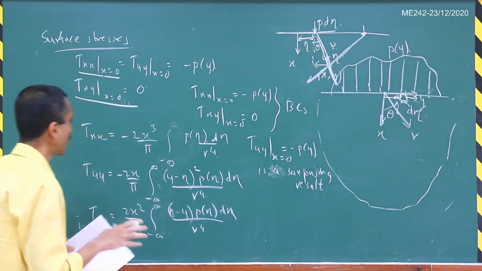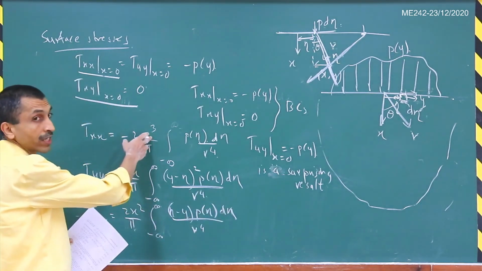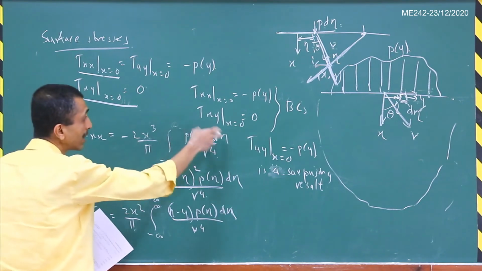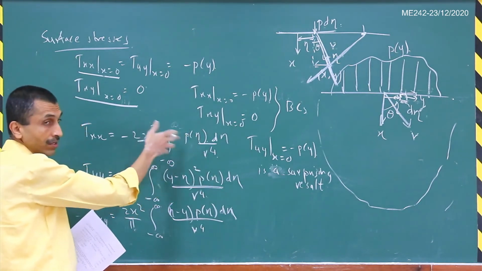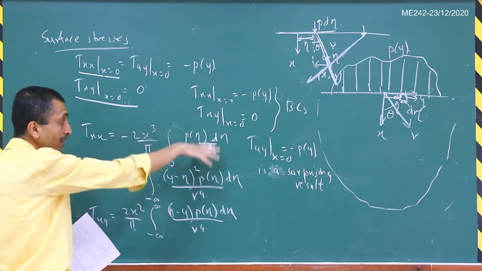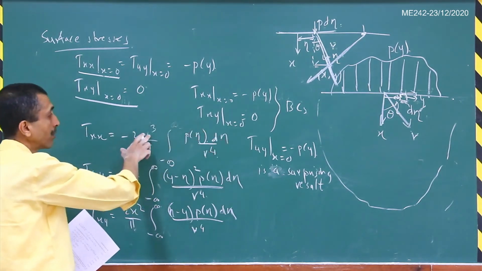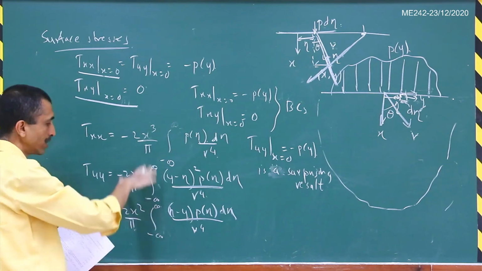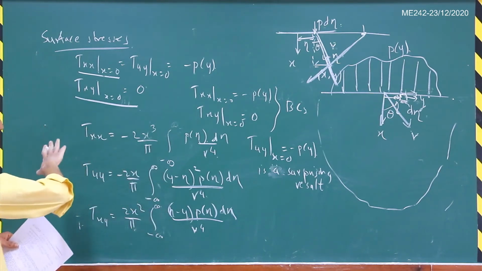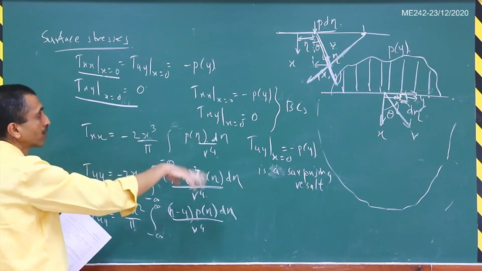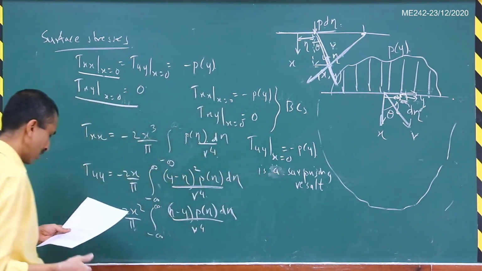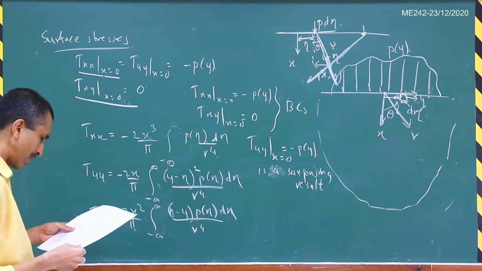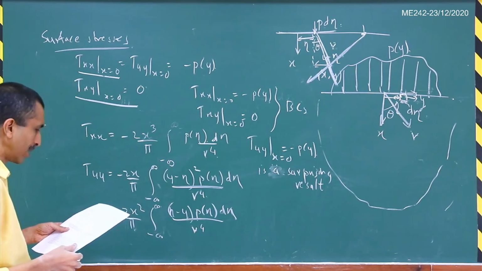But all I am trying to say is that you cannot simply substitute x equal to 0, because this integral may have some 1 by x cube kind of terms which will cancel this, and then the limit is to be taken after this integral is evaluated. Cannot simply plug x equal to 0 into these expressions here. And then, as I said, after going through this mathematics, this is what you will get. And so this is the rather surprising conclusion that you will get here.